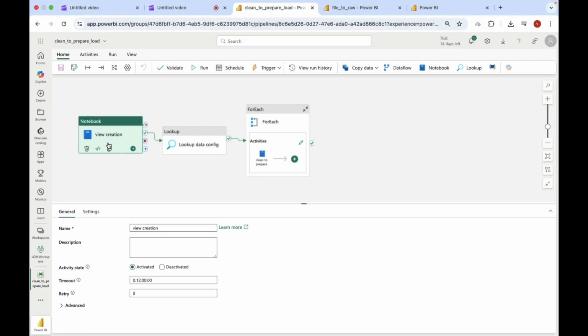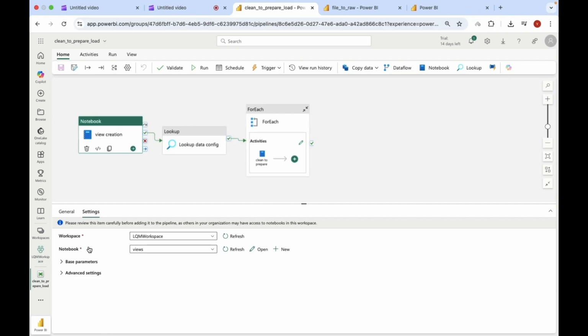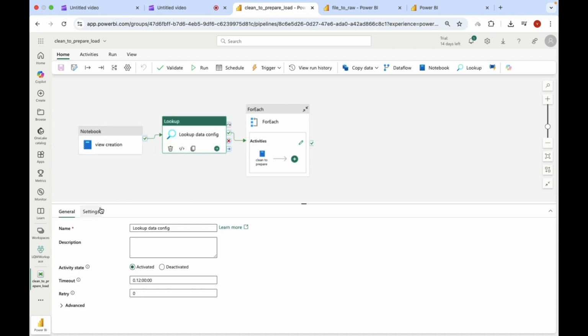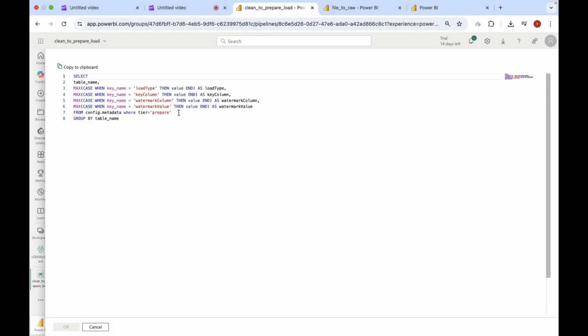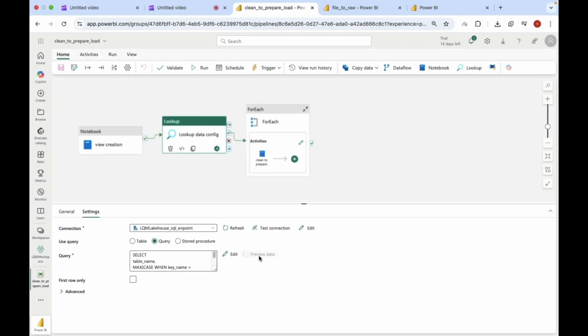So this is the notebook which I created to call those views, and I just selected the workspace and the name of that particular notebook, which is views. Then inside the lookup activity, I'm doing the same thing which I've done in file to raw and raw to clean, but just changing the condition to prepare, and I need only table name, load type, key column, watermark value, and watermark column. So I'll show you what data this query is returning, and we are using the same SQL connection. Okay,